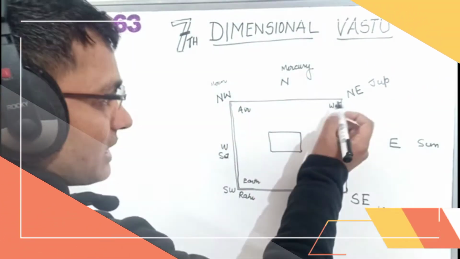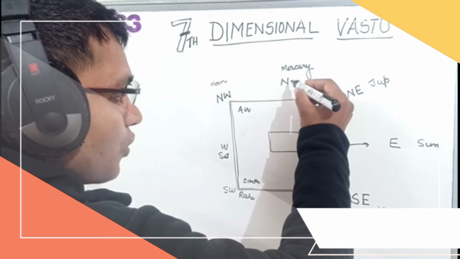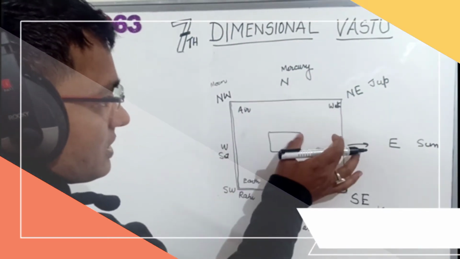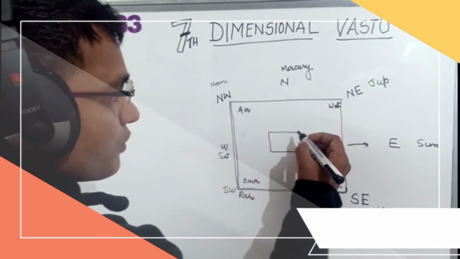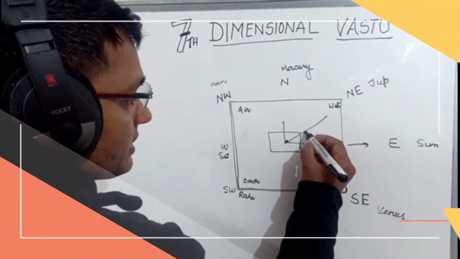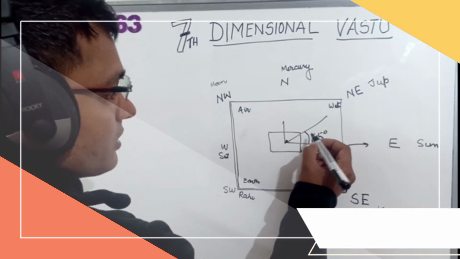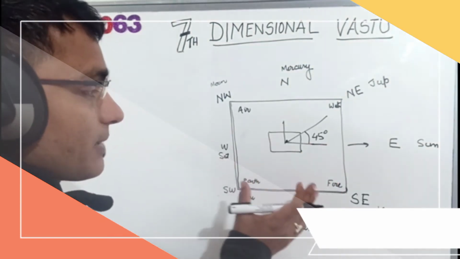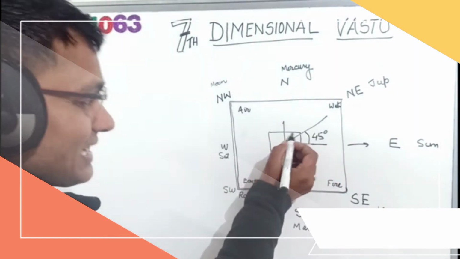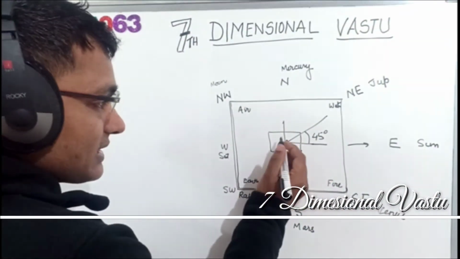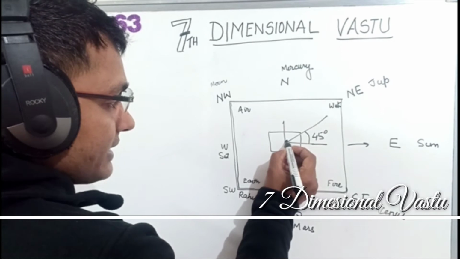Now coming to the sub directions, it is north east, because it is connecting between two directions, north and east. It is 45 degrees. Here, if this is the center, this will be 45 degrees. If you start measuring at the center of any house, the Brahmisthan, there is a point.